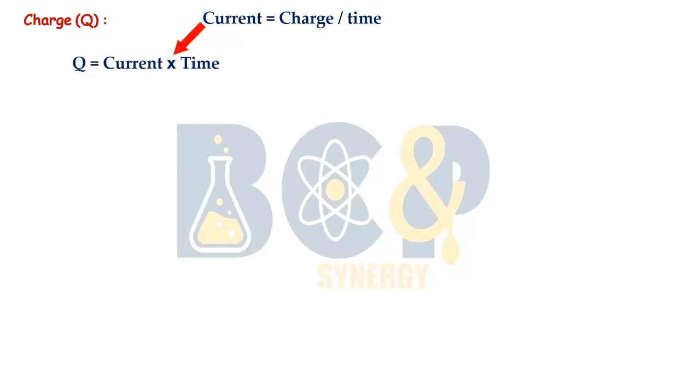What is the symbol of current? It is I, and for time it is T. Here you can see that current and time both are base quantities. So we do not have to break them down into their base quantities, as they are base quantities themselves. Now we should know the base units of both of these quantities, current and time. The base unit of time is second. We have been using it since the last video. The base unit of current is ampere.